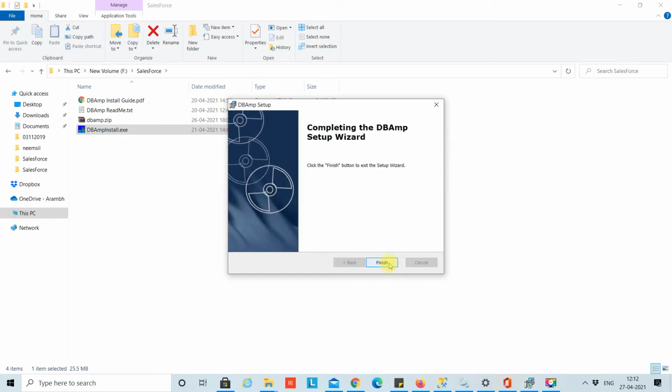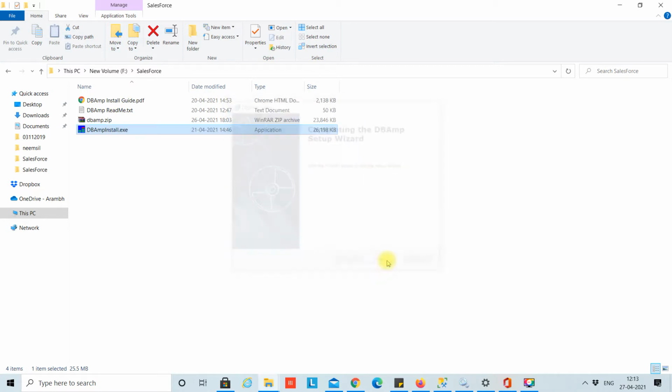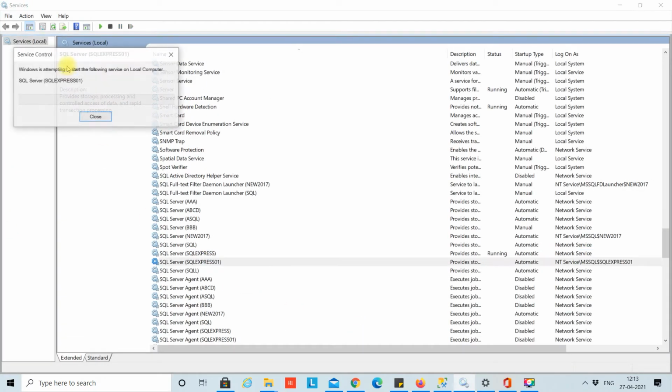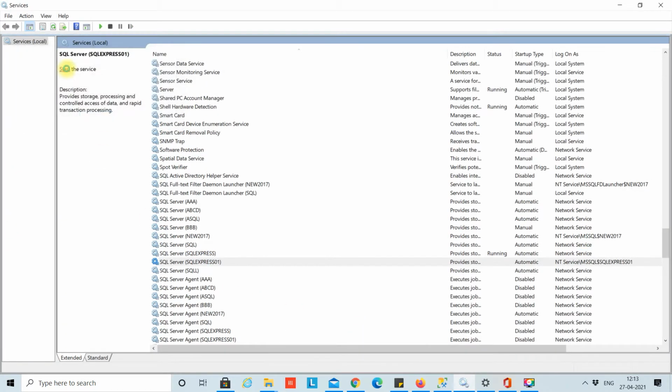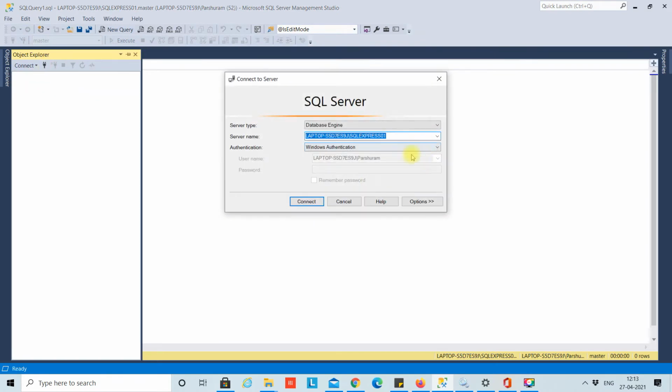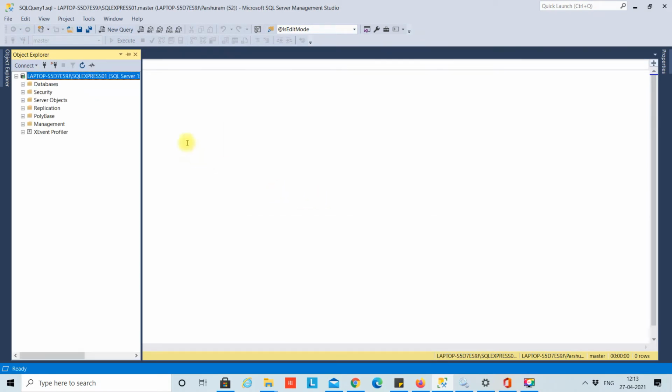Yes, the installation has been done. After finishing, you can start your SQL Server again. SQL Server has also been started. You can check this by connecting to your existing SQL Server.